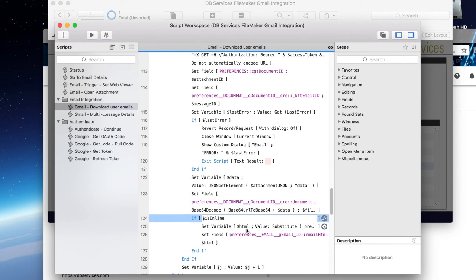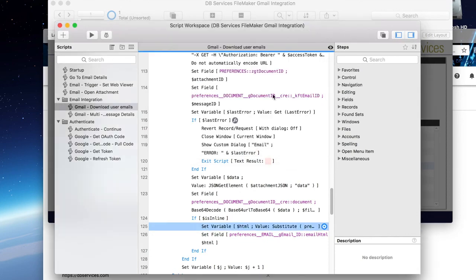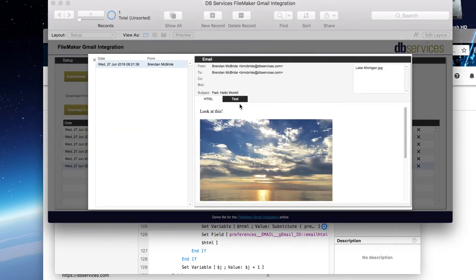But if you know it's an inline, you then have to do a substitute on the HTML that they gave you, where basically you have to search for a certain set of text and then just replace it with a base64 encoded representation of the attachment that you have, and that will allow you to have the image shown as HTML.